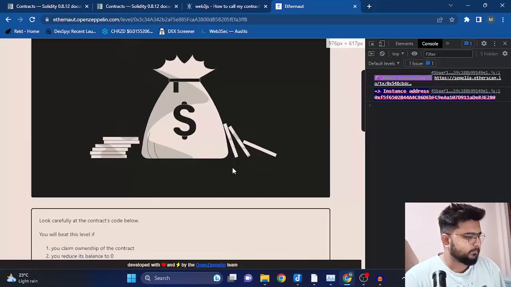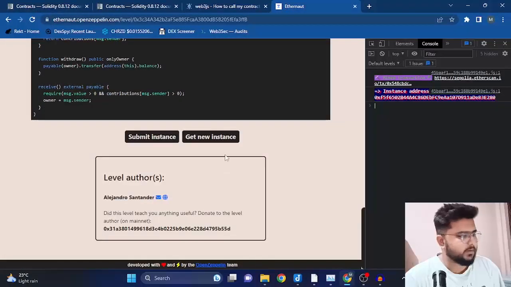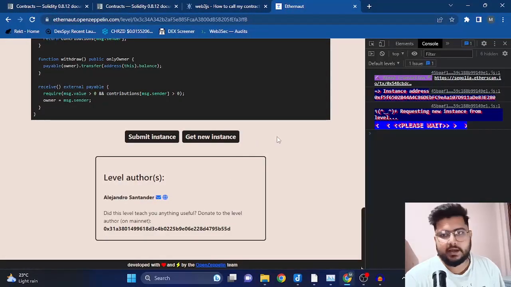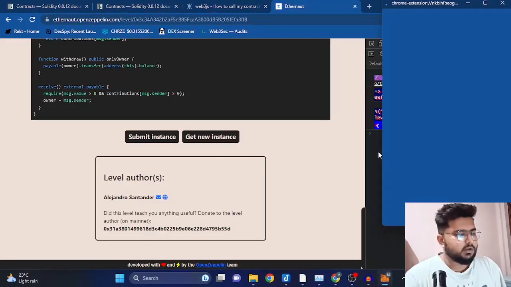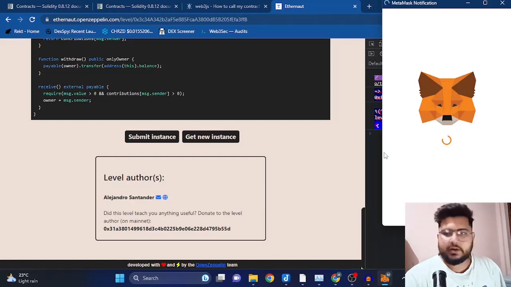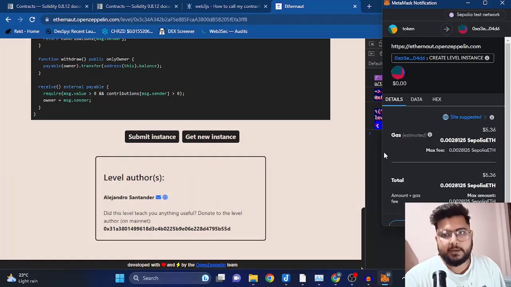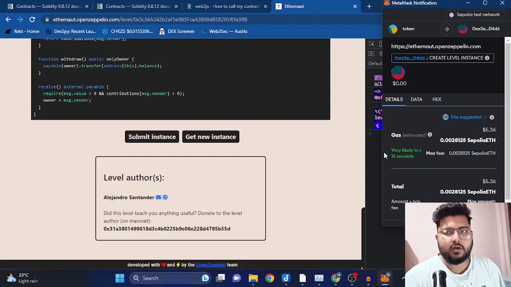And before doing anything else, I would recommend you to get a new instance. And when you get a new instance, I have already told you that it will give you a copied contract of the original contract, and you'll have an instance of it, and you'll have to complete the challenge, and you'll have to submit it to